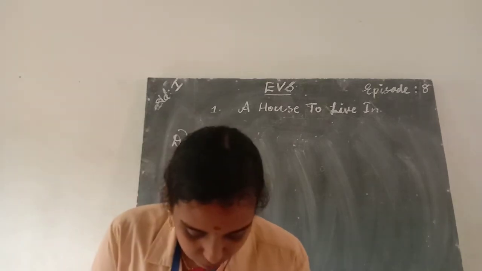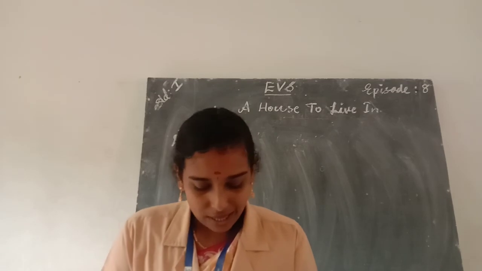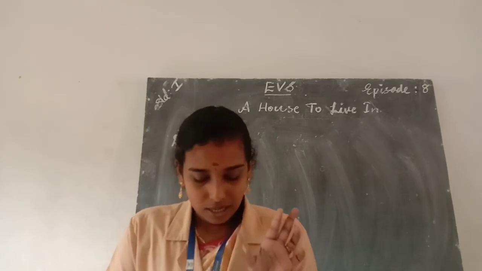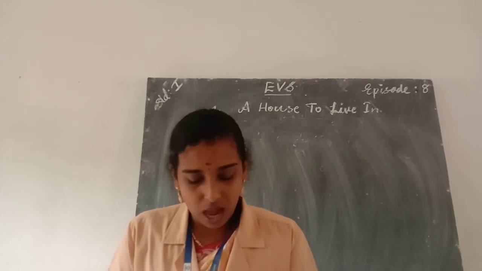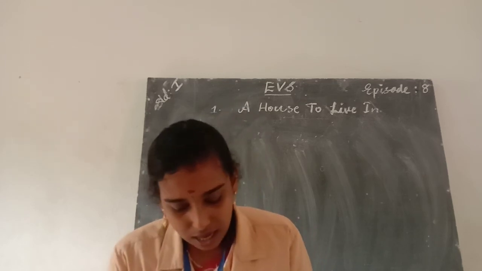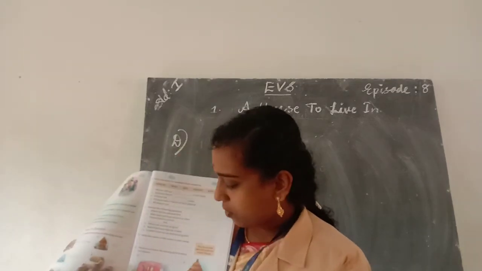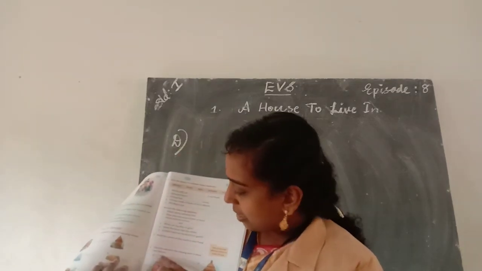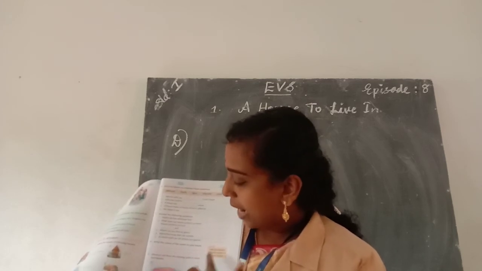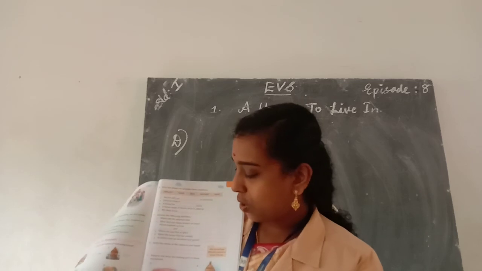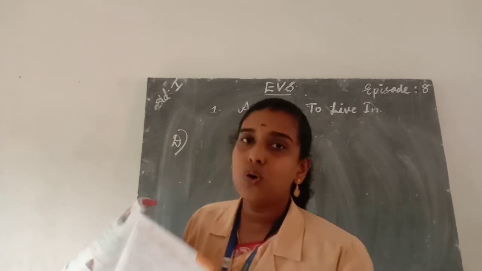Write the names of the rooms in your house. So that's your homework. Okay. So you write the names of different rooms in your house. And question part E is also your homework. Here two pictures are given. This is a caravan and this is a hut. And here some parts are missing in these houses. So identify the missing parts and draw them in the picture. Observe and draw the missing parts in these two houses.